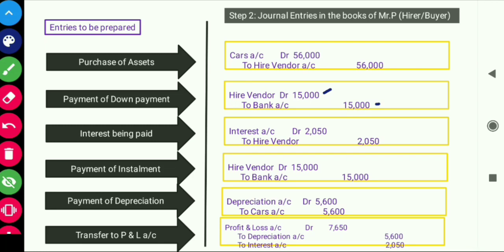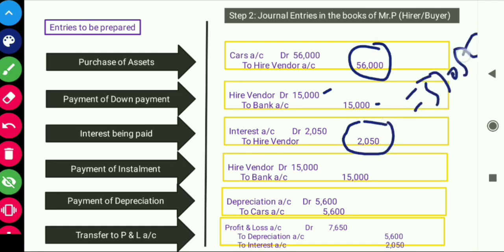So here look at these transactions. Payment of interest: in the previous step, we calculated the interest amount for the first year, that is 2050. This entry proves that it increases our liability. Just look at this. While purchasing the car, the hire vendor account is credited, so in that sense we have to pay 56,000. Again, for this interest being paid entry, the hire vendor account is credited. So 56,000 plus 2050 comes to 57,050 rupees. This is the liability at the end of the first year